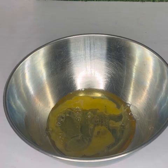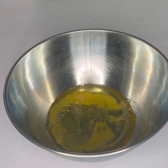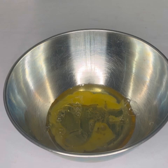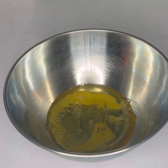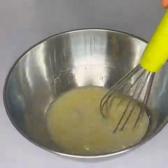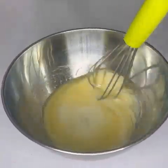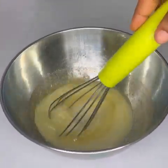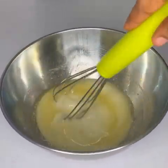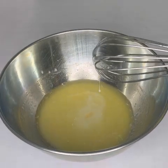After adding my vegetable oil, I added my clear vanilla, or you can use any flavor of your choice, about 1 teaspoon. And I would be adding also my liquid milk. You need about 1/2 cup of liquid milk, so you just add that in and give that a stir. Then you just want to go in with your hand whisk. You don't actually need a cake mixer for this, so you can go in with your hand whisk and give that a stir. Then after that, you set the bowl aside and get another clean bowl for the dry